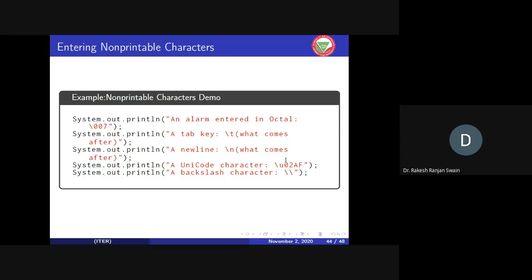Similarly, for exclamatory, a different code is available. And if you want to print the backslash, we write a double backslash so that one backslash is printed. So that is nothing but entering your non-printable characters, which are basically not strings.